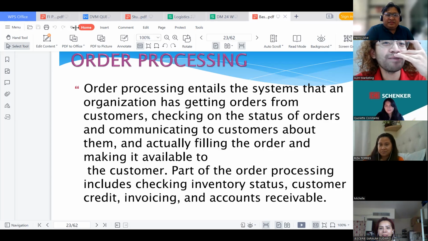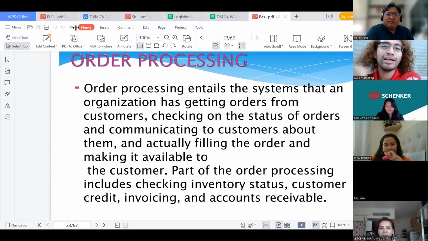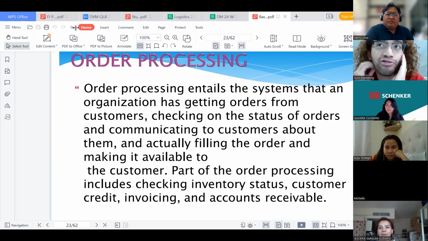So nanghihingi sila ng deposit. It's business naman, di ba? We're building business. So manghihingi tayo ng check. Kailan po kaya yung check available? So procurement yan eh. When I worked in construction, may date sila na sinet. Parang every Wednesday from 12 to 5 o'clock, doon lang sila pwedeng maningil or manghingi ng resibo. Otherwise, hindi sila